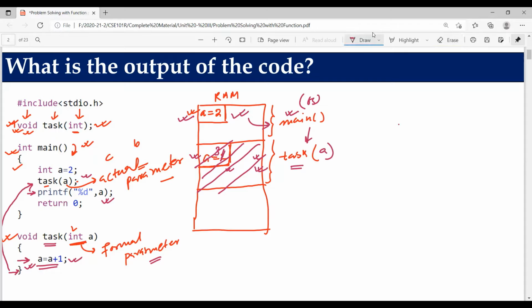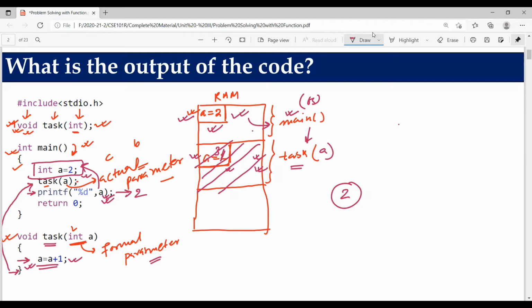If there is a local variable inside that particular block and we are accessing a variable with the same name, then the local variable always gets preferred. Although there is no other variable with the name a in RAM. So if you look at the RAM, the value of a is 2. So this line is going to print the value 2. If you ask me what is the output of this code, the output of this code is 2.